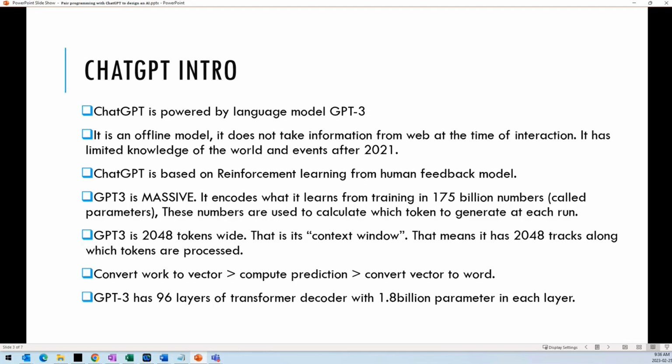And what it does is, when we submit some conversation, like "tell me about this," it takes all those tokens, converts them into a vector, and then sends it to compute the prediction. So there are 96 layers of transformers, and each layer has a huge 1.8 billion parameters. And at the end, ChatGPT comes up with the proper prediction: what is the next word? And again, the last layer is more of a conversion from vector to word again, so that it can give you the information. So this is the high-level information that I wanted to share about ChatGPT,